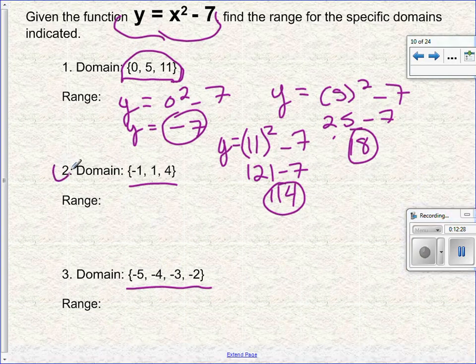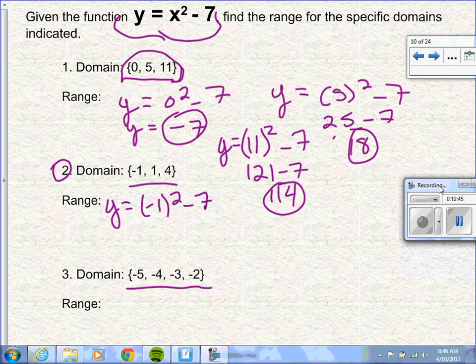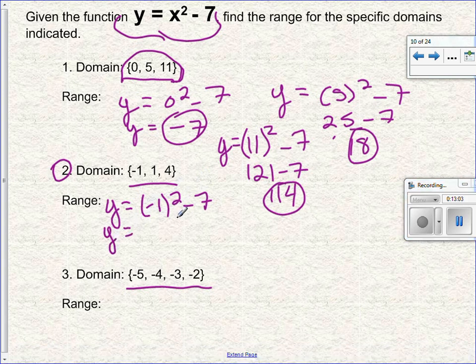Okay, for number 2, if I'm given the domain of -1, 1, and 4, I'm going to plug this into my equation for all of my x values. So y equals (-1) squared minus 7. Keep in mind when you plug these values in for x, you need to put them in parentheses, because squaring a negative in parentheses is different from squaring it out of parentheses. So I have -1 times -1, which gives me a positive 1. Positive 1 minus 7 is